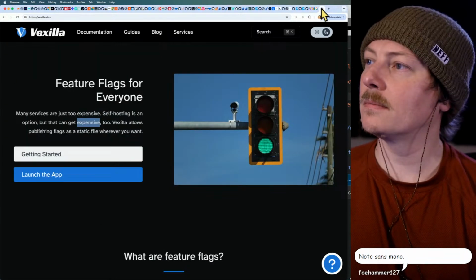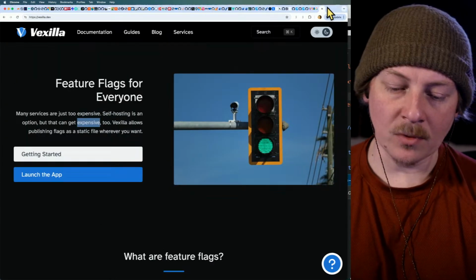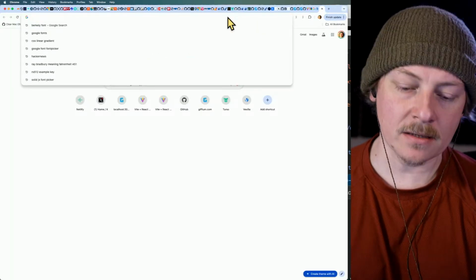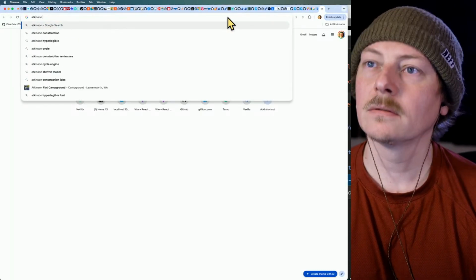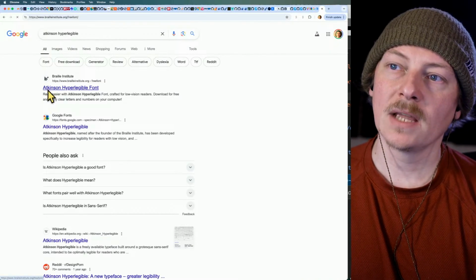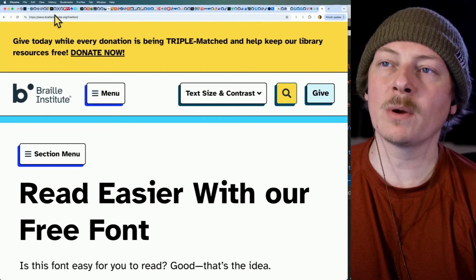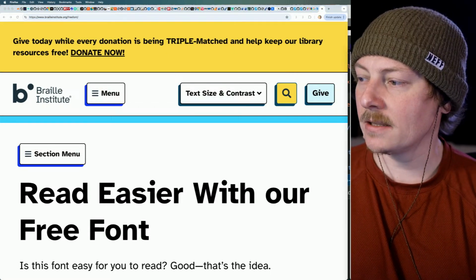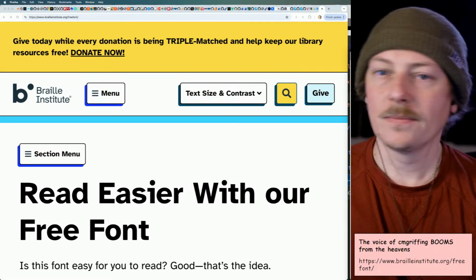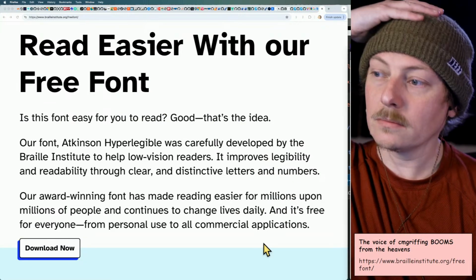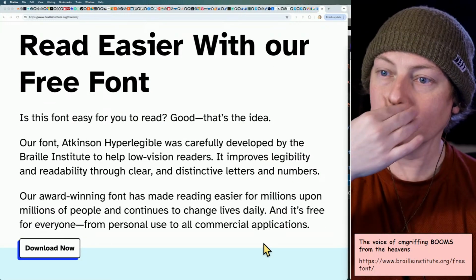Yeah, that one's good. But that one's just for, like, pros. But if you are looking for a dyslexia capable font, Atkinson Hyperlegible is a good one. And it's by the Braille Institute. That's why my brain was going towards B. But yeah, we're not going to be adding this one,